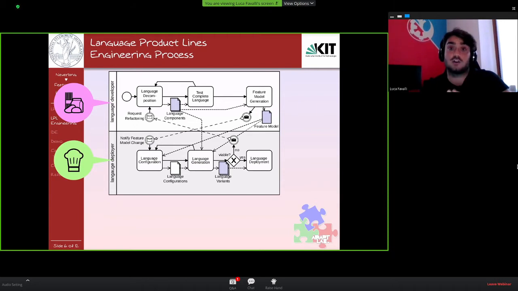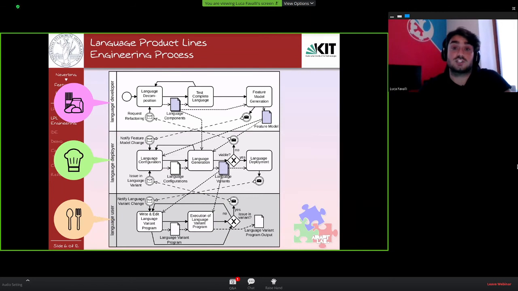And the collection of all the language variants the deployer created is what would be the menu of a restaurant. Finally, the user just has to come into the restaurant and choose from the menu the favorite variant and eat it. If for any reason an issue comes up,